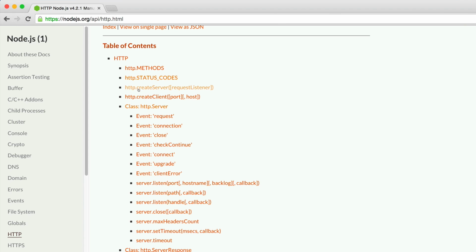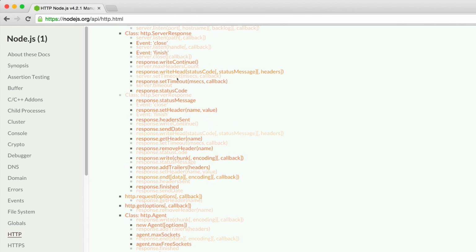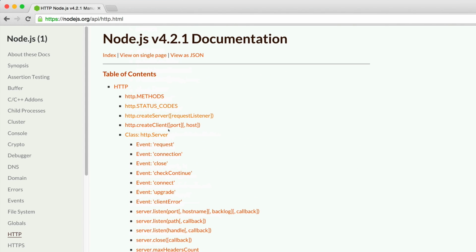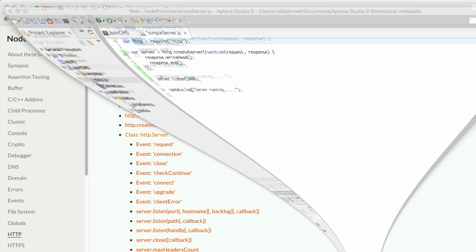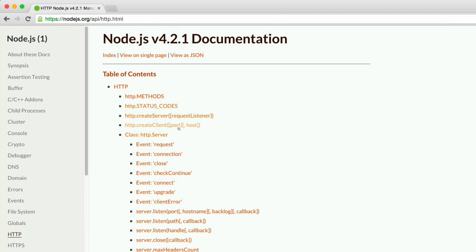So if I click on this http.createServer, now we are going to look at another form of deprecation, which means, as I was talking about, that you should look at the stability of this module. You must also look at the stability of the functions. You might see that we have several functions in here. One of the functions that we are talking about is the createServer function. As the Node development team is developing this Node platform, they might actually deprecate some of these functions. So we are not going to use any sort of